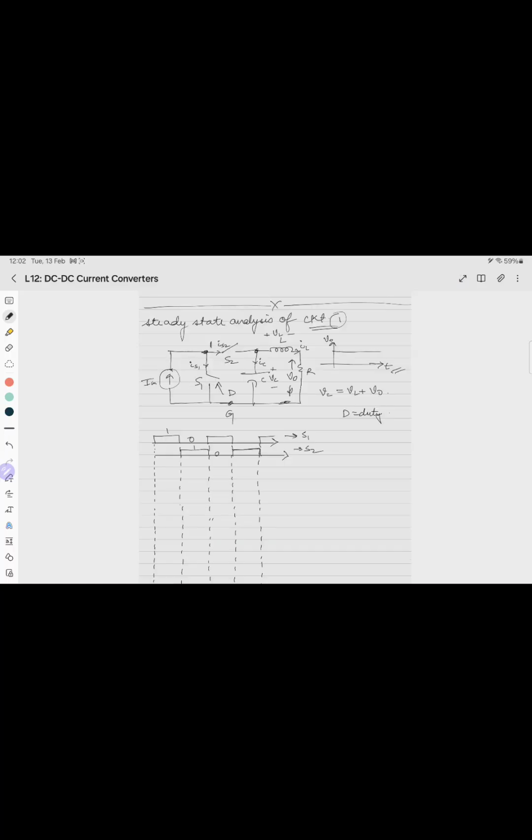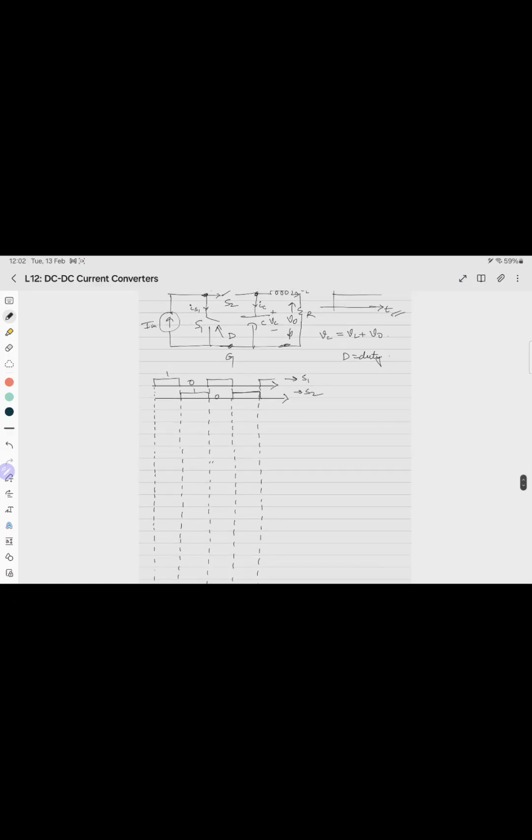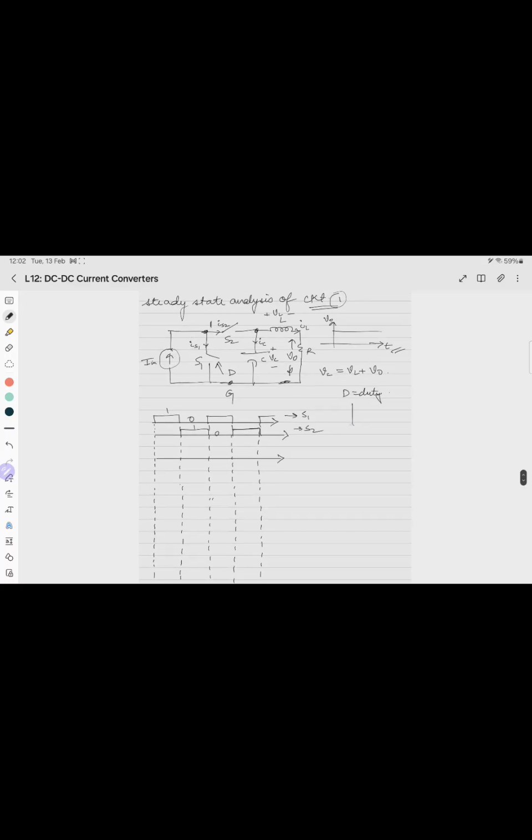So we'll start with the current through the switches. IS1 will be, if IN is constant. This is also another assumption, that IN is almost constant. So when S1 is on, IS1 will be on, which means we are drawing only the currents through it. So when S1 is off,